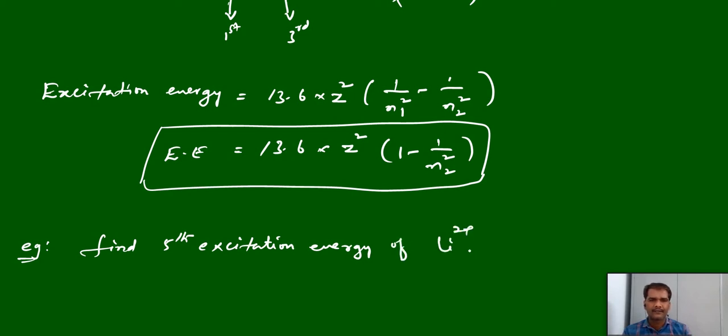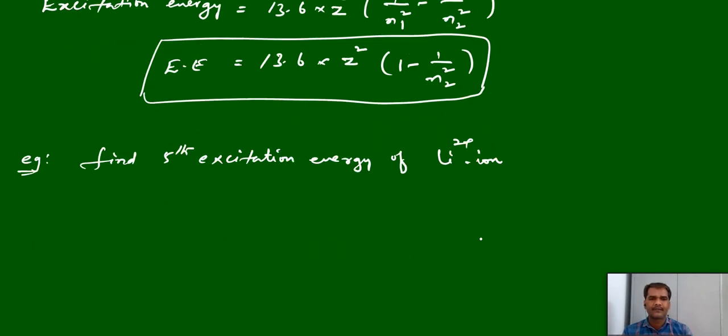Of lithium 2 plus ion. See the difference, the fifth excitation energy is different. Fifth excited state means n equal to 6. In that case we have the formula 13.6 into Z square by n square